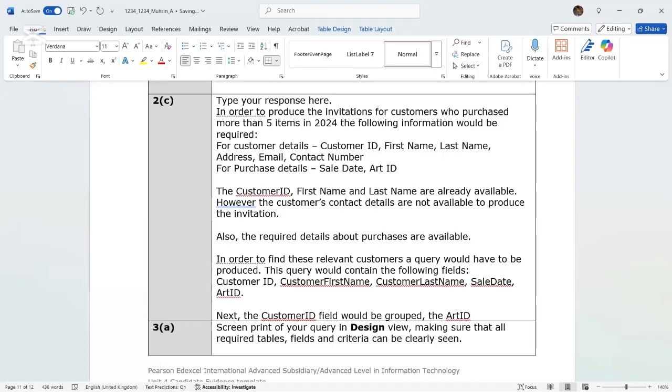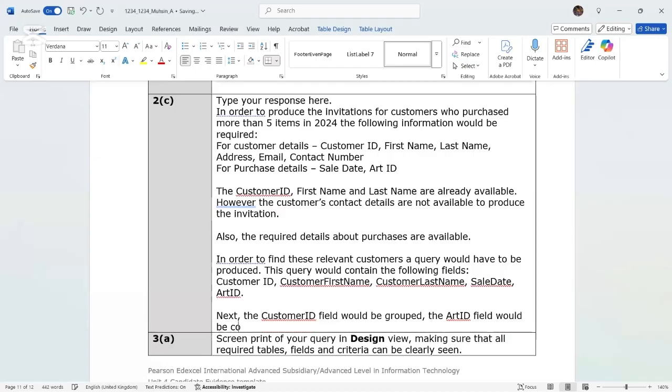The art ID field, what I would do is I would count the number of arts. The art ID field would be counted in the query, and for the sale date field,